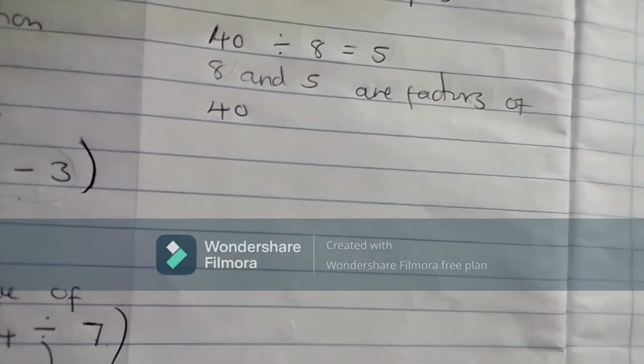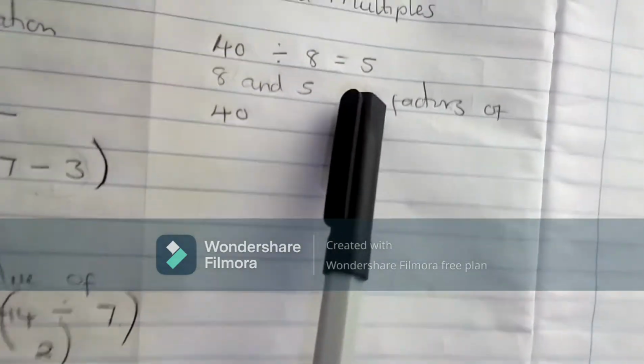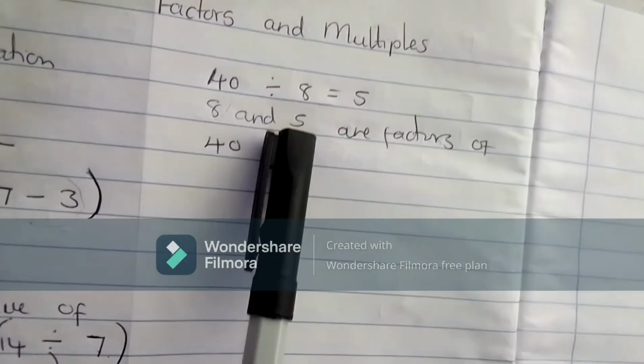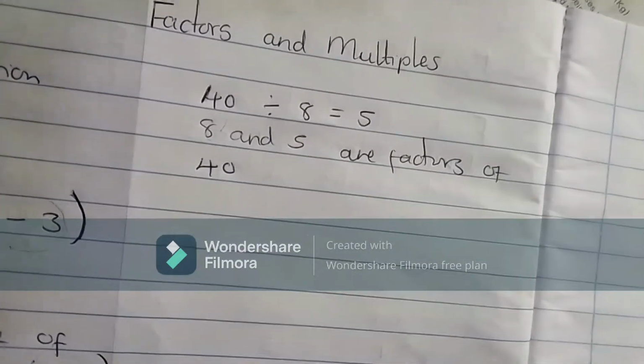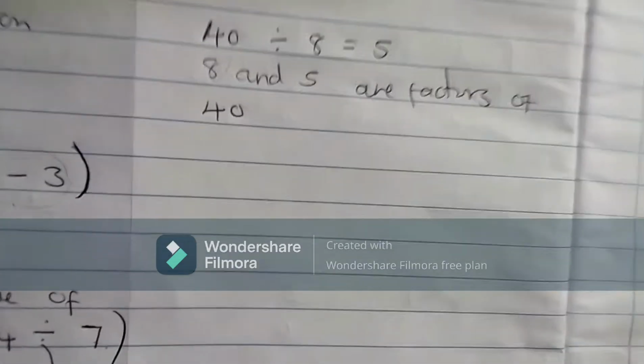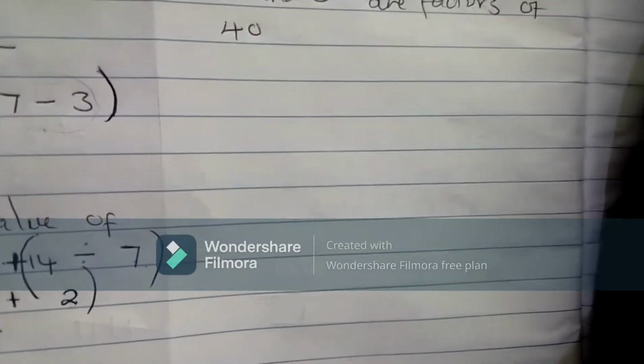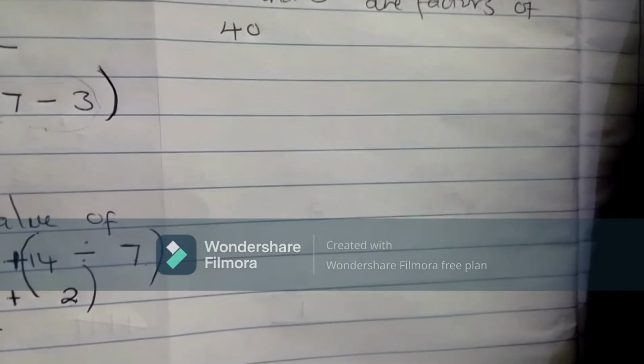I hope you just got that. Here the product is 8. Here the product is 5. But the second number is 8. These two are both factors, while 40 is the first number. This is simple stuff. And for example, we can have examples like